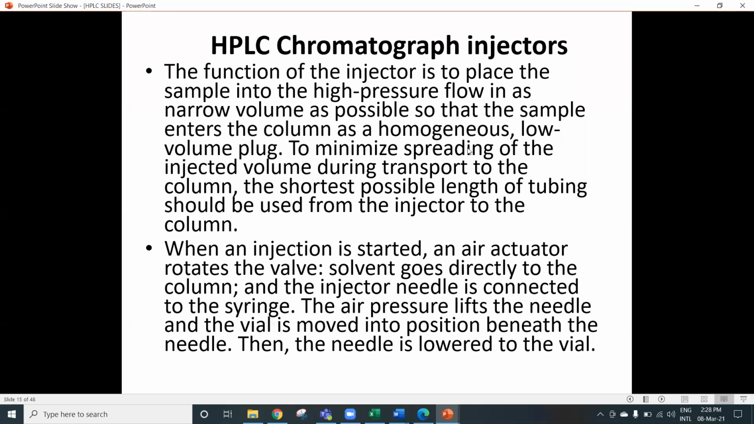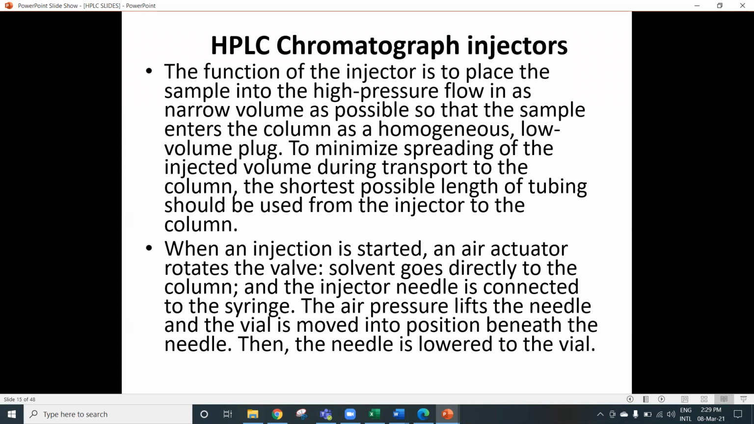Because if you don't inject it as a homogeneous plug, there will be band broadening, and you have all sorts of eddy diffusion that we looked at when we were looking at the theory. So we don't want your sample to enter the column at different times. So it must enter as a plug so that your chromatogram will not be